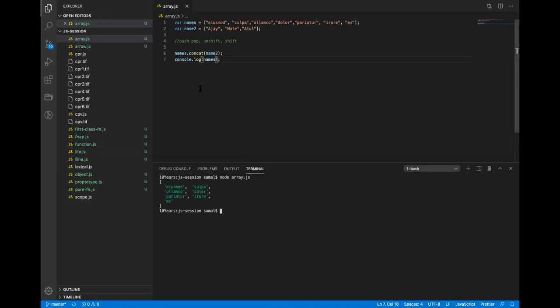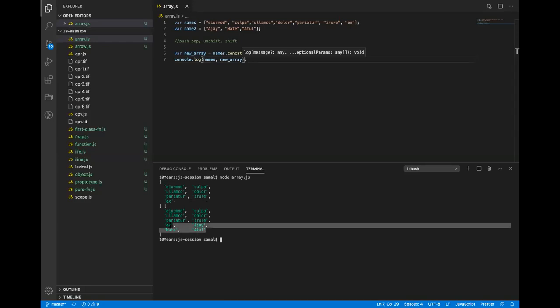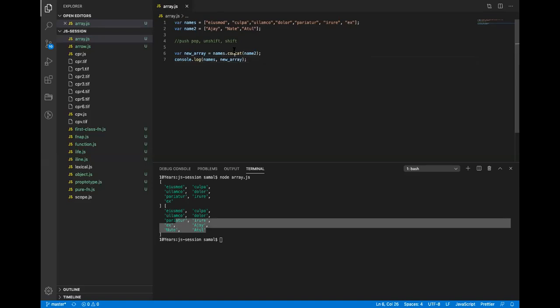So it does not update it. Okay. So I have to create var newArray. And if I print this new array with names, you will see the new array. So this is the old array, and the new array still has both the values. So concat concatenates the old array with the new array. This is the method when we want to combine two arrays into a single array, and it always returns a new array.